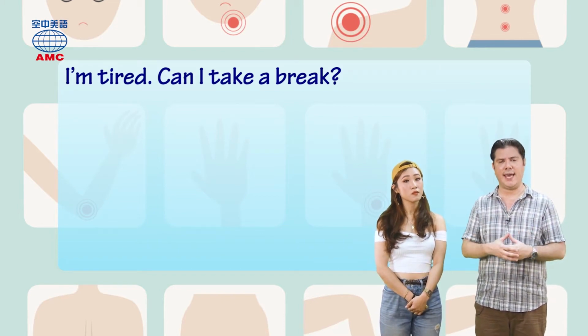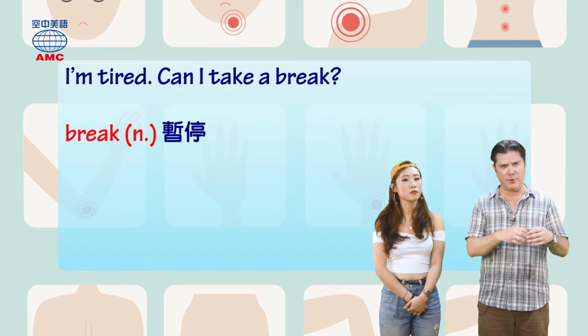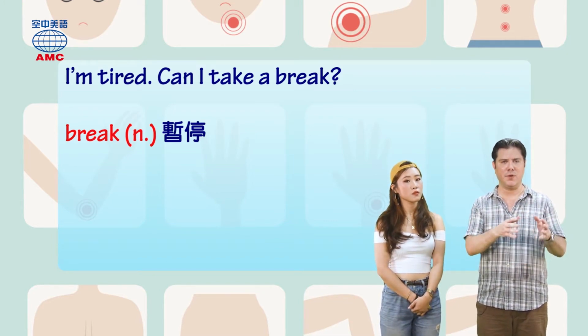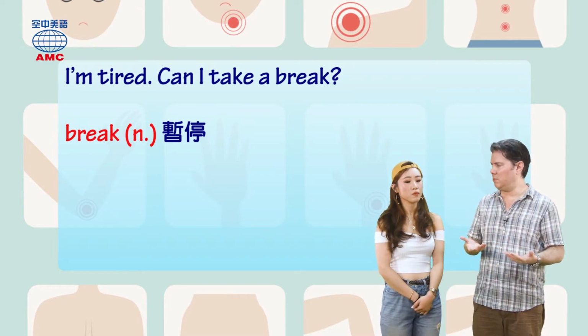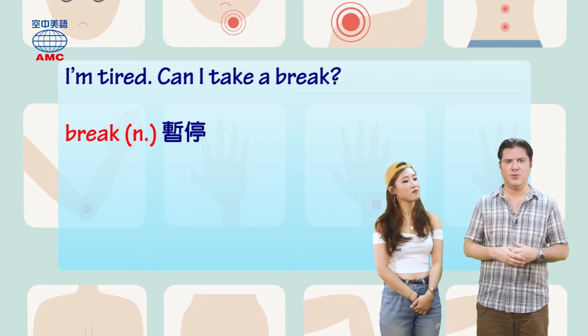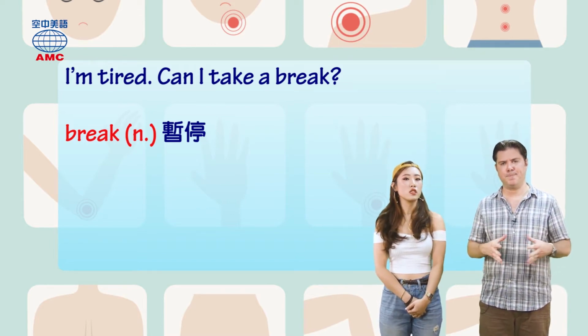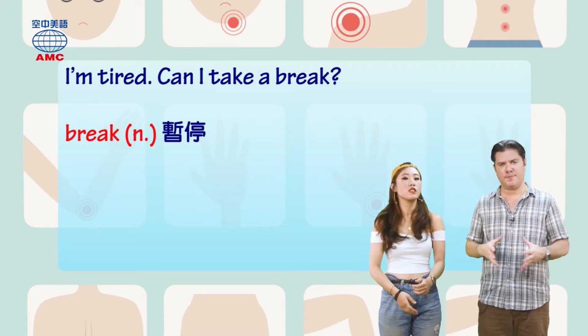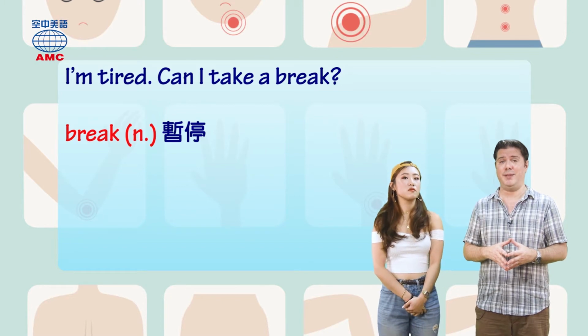So she asks, can I take a break? And a break is just a rest. When you stop doing an action or activity for a while, just to give your body a little bit of time to recover. So maybe a 5-minute break, sit down, drink some water, and then back to the exercise. OK。接下来 Phoebe 就说我累了，我可以休息一下吗？那 take a break 就是休息一下的意思啦。